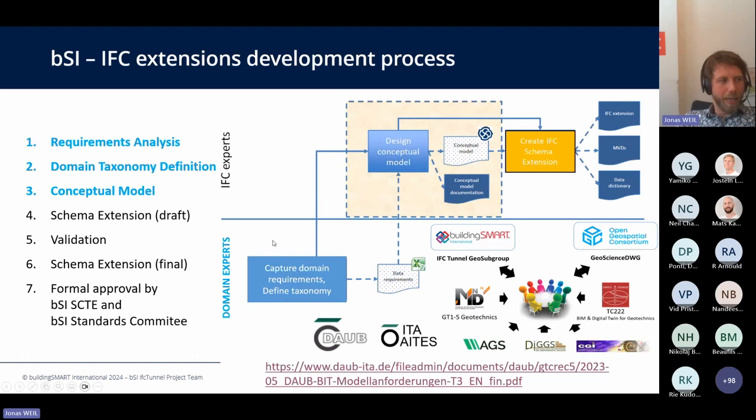So this was the big activity of us domain experts, let's say, and the goal of this conceptual model was reached by the end of 2022.